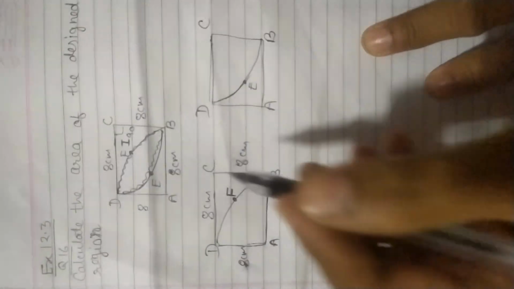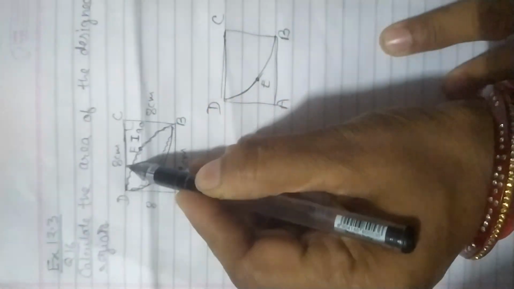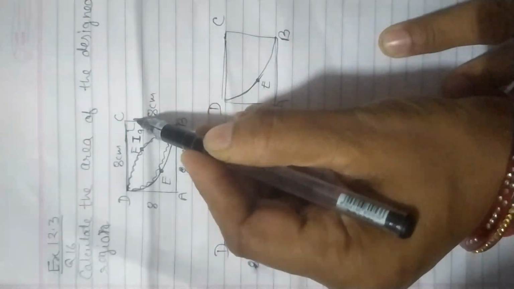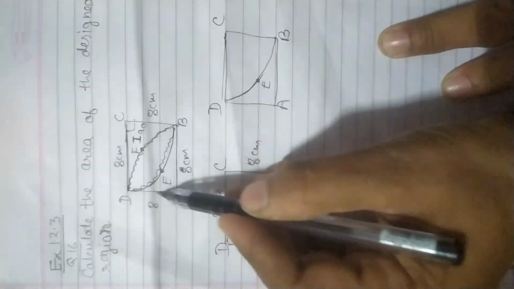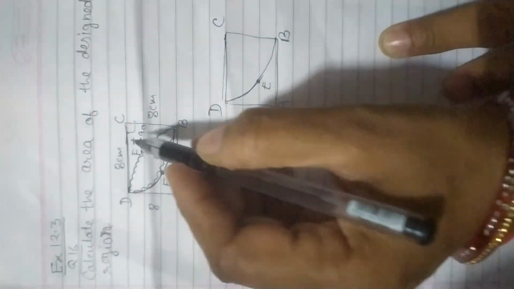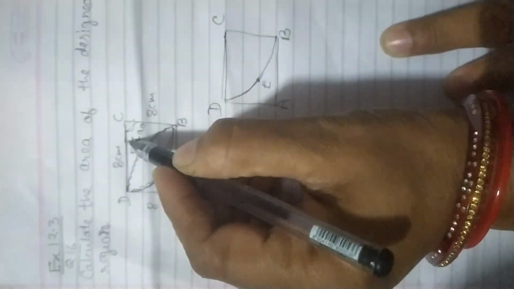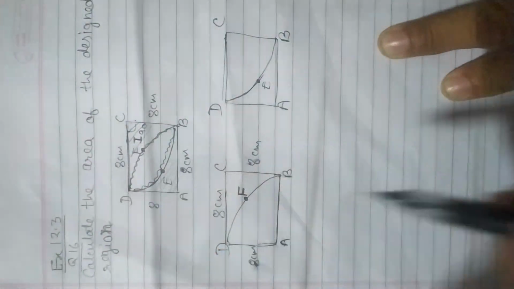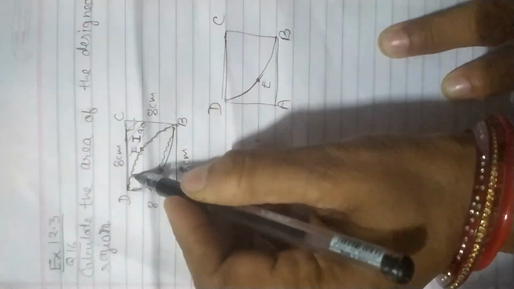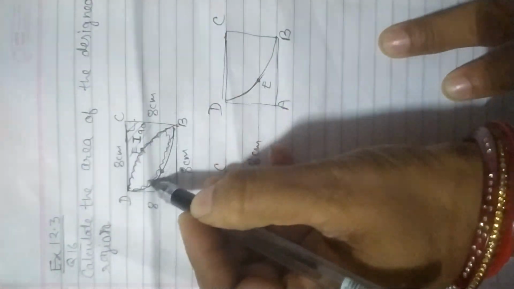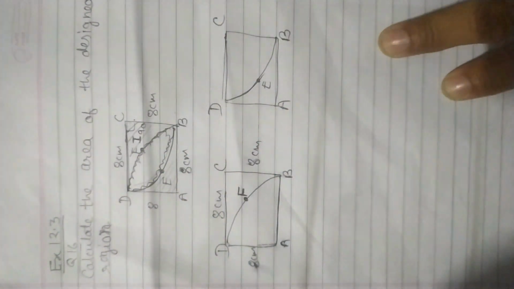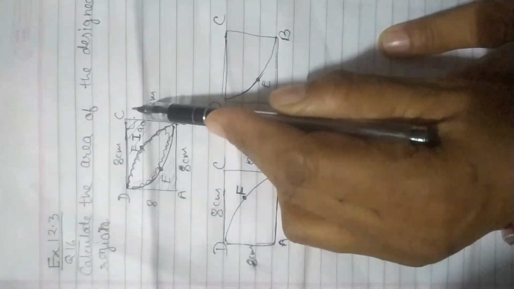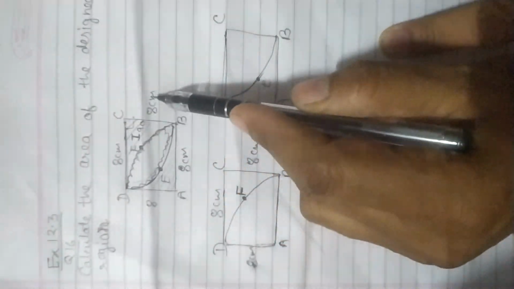Okay, as we can see, a square is given to us. Each side is 8 centimeter. Now if out of this square I subtract the area of this part and of this part, this design part will remain. Correct? So first thing, I will find the area of the square. Quite an easy thing. Side into side.